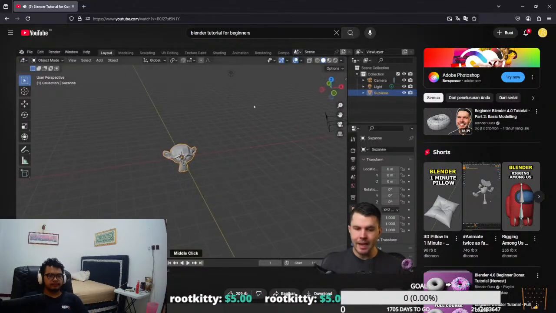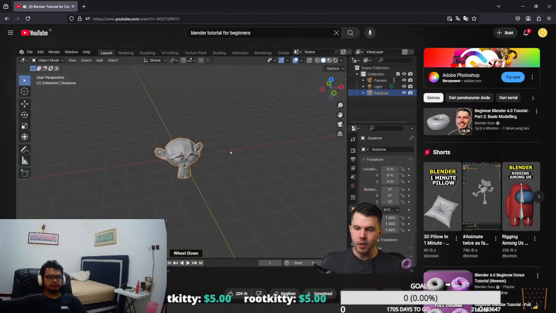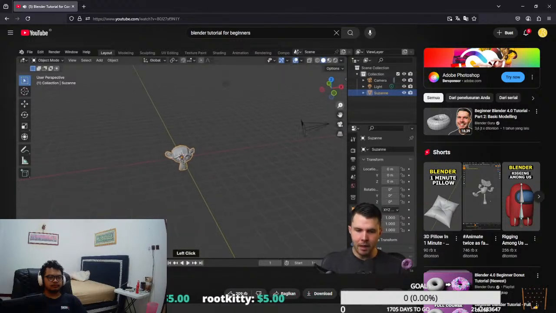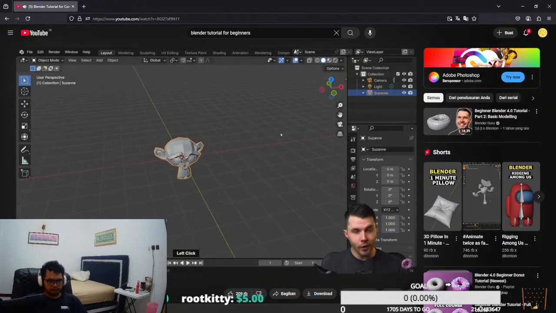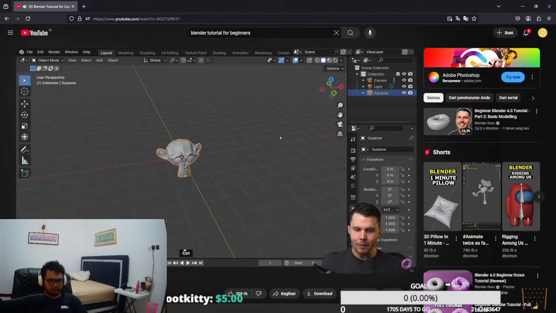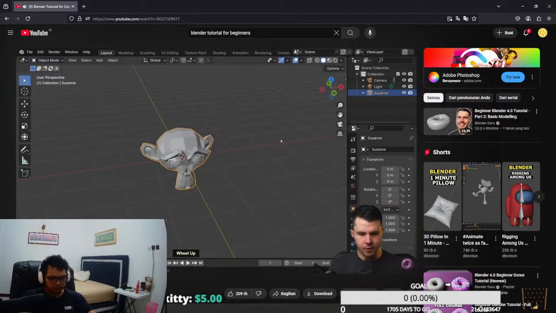If we want to zoom in, we can do that just by scrolling in and out. We could also do it by going up to the magnifying glass tool there, and then left-click dragging and moving the mouse back and forth. That does the same thing. Or you could hold down Control and then the middle mouse button, and that will do a smooth zoom as well. Okay, so one thing you might notice looking at this